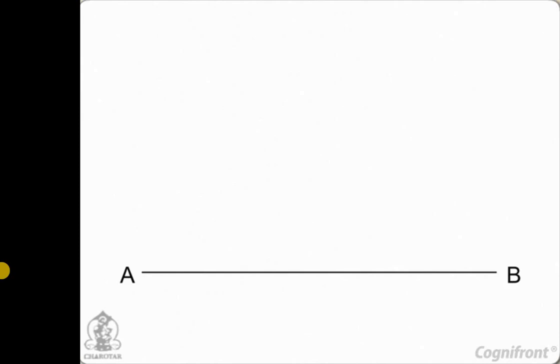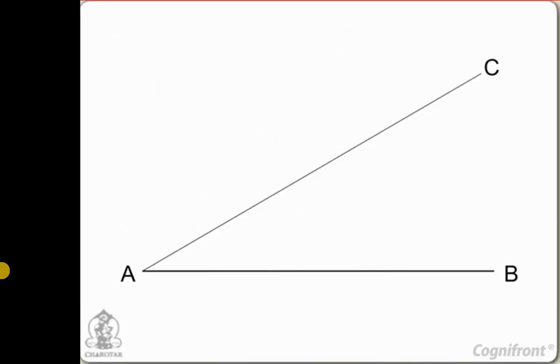So the first step is to draw a line at an angle of, for example, 30 degrees, not less than 30 degrees. So the first step is to draw the AC line at an angle not less than 30 degrees. Now divide this AC line into equal parts. The number of the parts will be equal to the number of parts into which you are dividing the AB